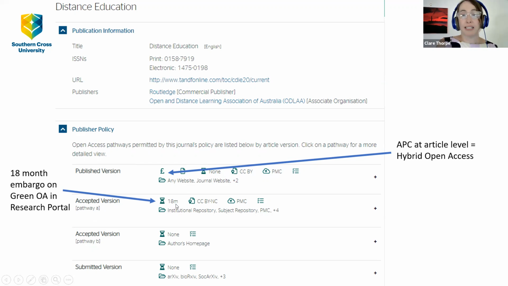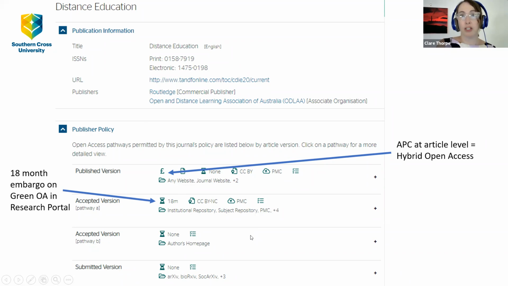So I look for accepted versions with no embargo. And that allows me to make that accepted manuscript version immediately available through the research portal as soon as the published version is made available online. So something to consider there, just to be aware of.